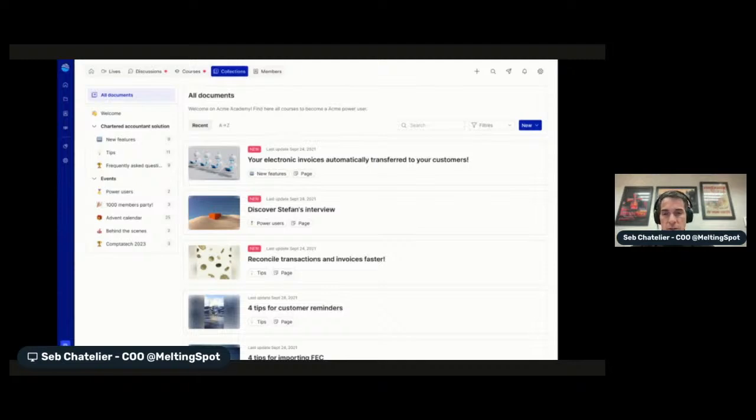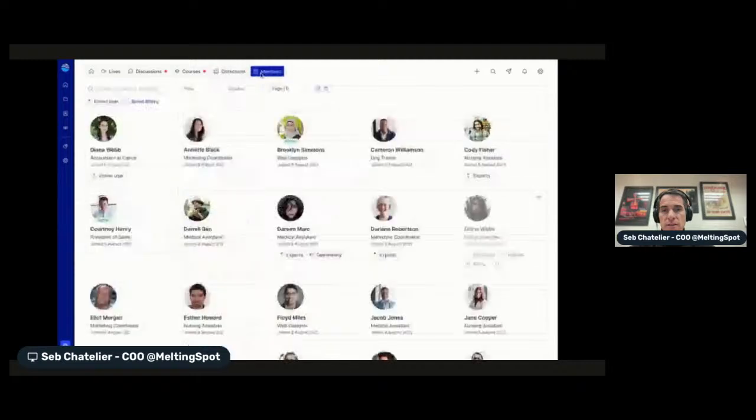share with your customers. You can organize them by collections and decide who should be able to access a particular collection. In this case, you can do the same as with lives and channels, and decide that any particular collection should only be available to a particular group, a cohort of customers, which is great to offer a personalized experience to your customers. The member section is something that you can decide to only present